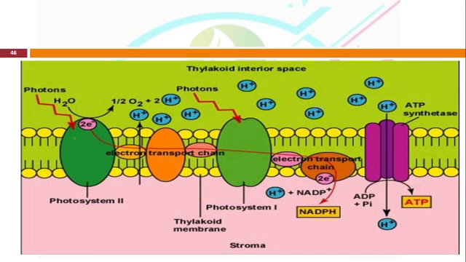You can see here this one is photosystem two. There is a transfer of electrons from the plastoquinone to cytochrome b6, to cytochrome f, to plastocyanin, and from plastocyanin the electron is transferred towards photosystem one. During this process, protons are taken from the stroma region at the time of electron transport, and these protons are accumulated in the thylakoid lumen.